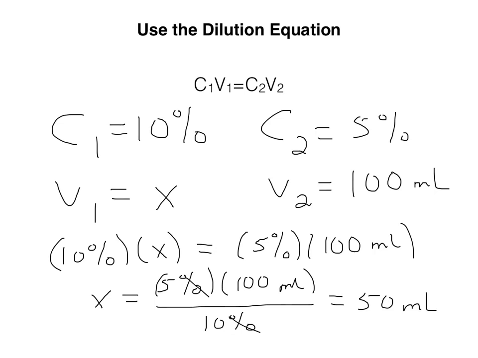But what does that mean? I wanted to make 100 mils of solution. Well, remember, this is the dilution equation. So what this formula actually allows you to do is figure out how much of solution 1 you would need to use to prepare solution 2. But I'm diluting, so in order to accomplish my task, I'd have to add 50 mils of water to 50 mils of solution 1 to prepare 100 mils of solution 2 at a 5% concentration. So if you think about it, by adding 50 mils of water, I diluted the solution in half. Well, my goal was to go from 10% to 5%, and I have accomplished that goal by diluting the solution